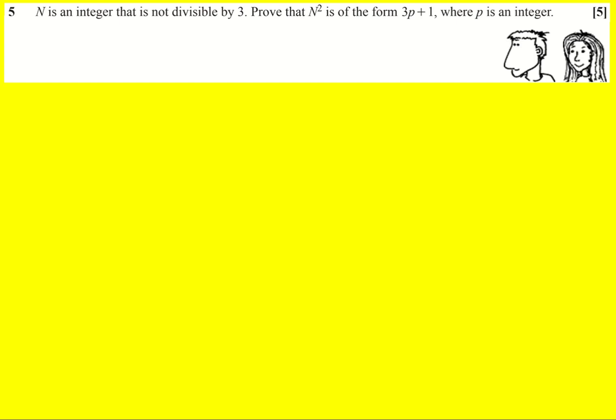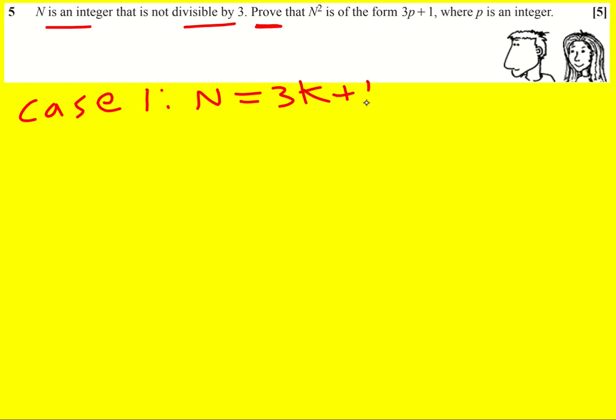Here we have a proof question, but the trick is that we need to consider two cases. We're told that n is an integer, it's not divisible by 3. So case 1 is that n is going to equal 3k. That would be divisible by 3, so we have to add 1, and that will leave a remainder. And then case 2